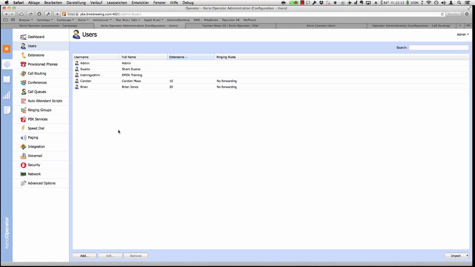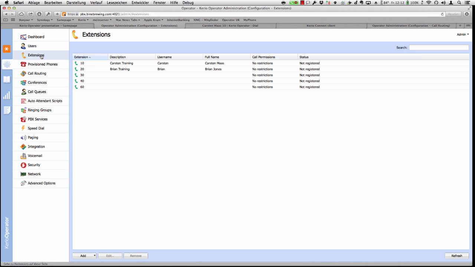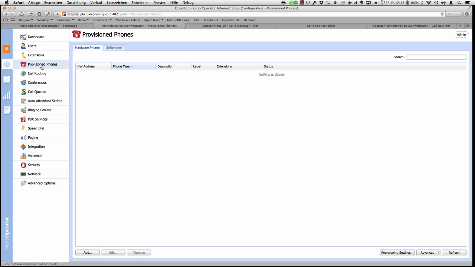Again, as you can see, here are the users you have created with the corresponding extensions. Here you can see the extensions you have created, and you can assign the extensions to the different persons. Now we come to an interesting point, which is provisioned phones. Provisioning a phone or auto-provisioning a phone